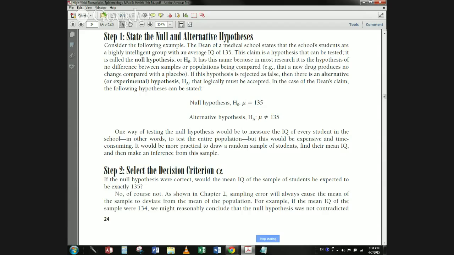Step 2. Select the decision criteria alpha. If the null hypothesis were correct, would the mean IQ of the sample students be expected to be exactly 135? No, of course not. As shown in Chapter 2, sampling error will always cause the mean of the sample to deviate from the mean of the population. For example, if the mean IQ of the sample were 134, we might reasonably conclude that the null hypothesis was not contradicted,